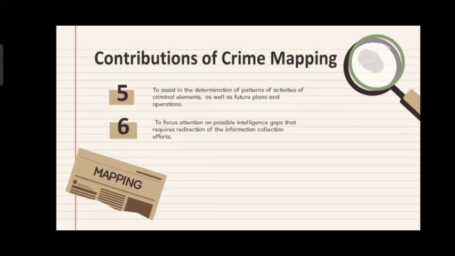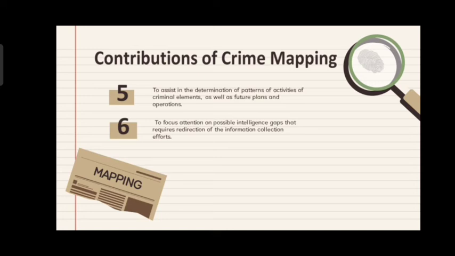5. To assist in the determination of patterns of activities of criminal elements as well as future plans and operations. So, katulad nga nun, sinabi ko, paulit-ulit lang tayo na ang crime mapping kasi is yung nag-a-assist nga sa mga law enforcement, or ito yung way nila to determine or to know the patterns of activities na ginagawa ng mga criminals. So, magagamit nila to as a future plans and operations. So, magagamit nila to how to think actions na makakapag-decrease or makakapag-prevent ng specific crime na nangyayari doon sa particular